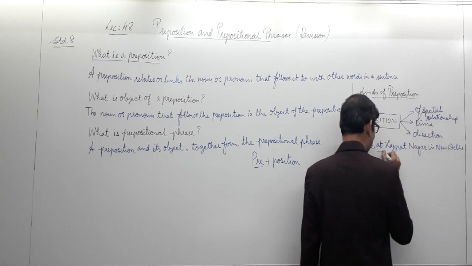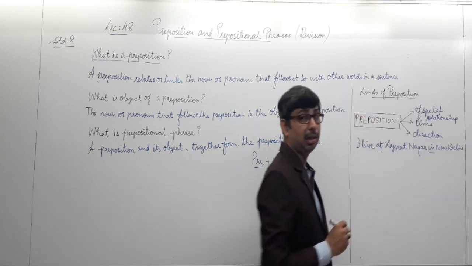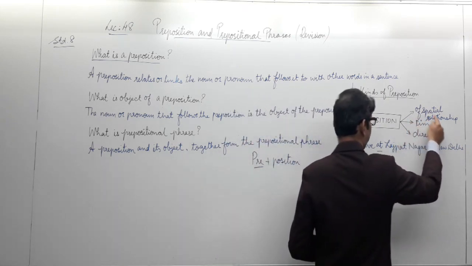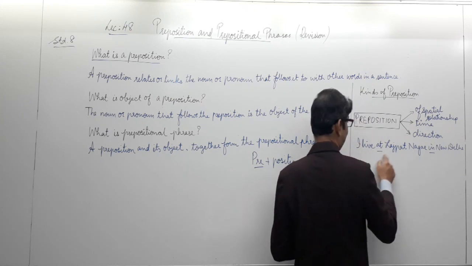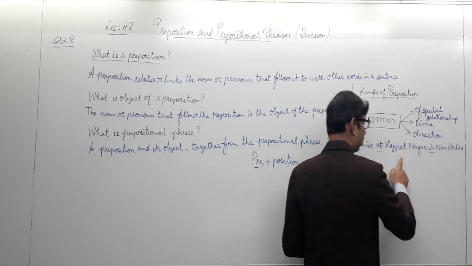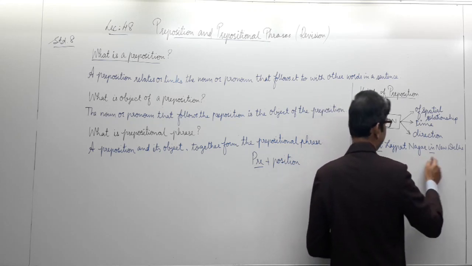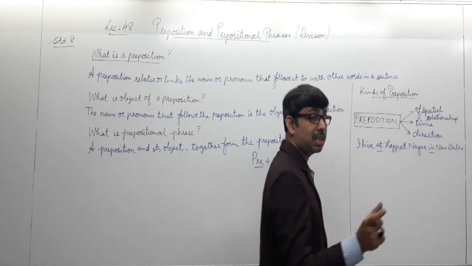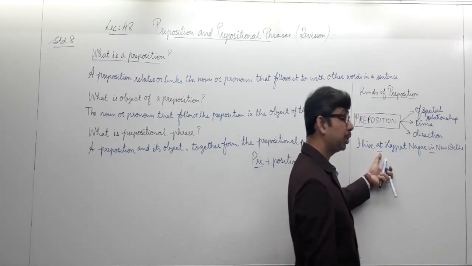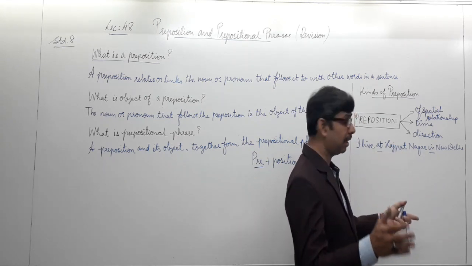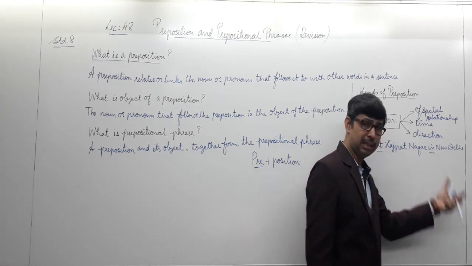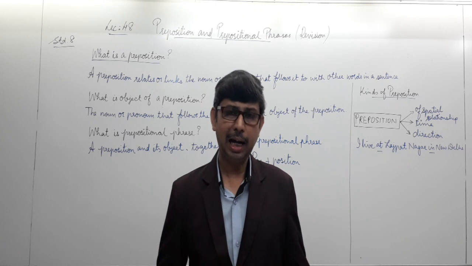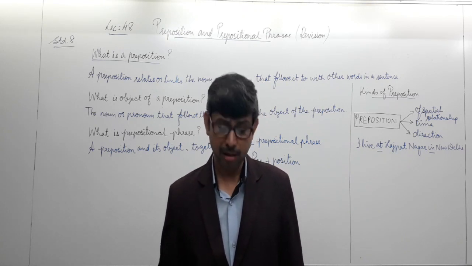You can see the word at and the word in both have been written in this sentence. What are they showing? They are showing the preposition of spatial relationship. I live where? At Lajpat Nagar. And if I try to understand where is Lajpat Nagar, then it is in New Delhi. You may wonder why we are writing at and in. When you are talking about a specific area, then you use the preposition at. But when you are talking about a larger or wider area, then you use in, as in New Delhi. If you want to say, I live at Kalpibid in Bhavnagar, then at Kalpibid and in Bhavnagar must be written.